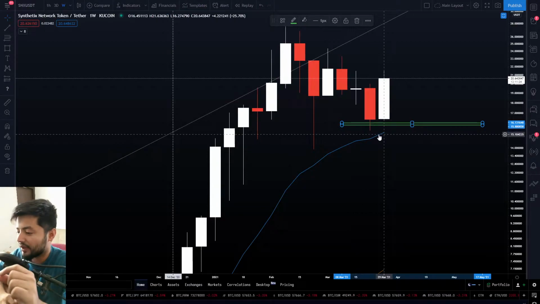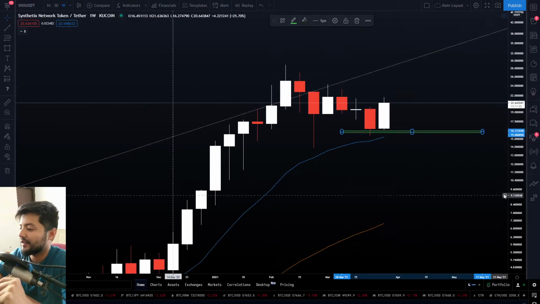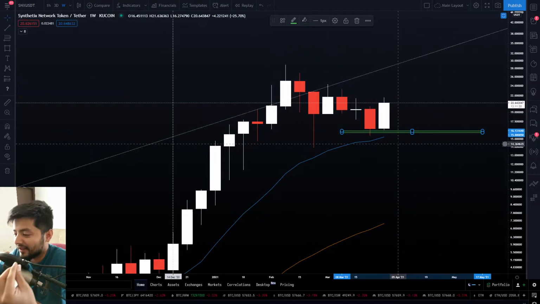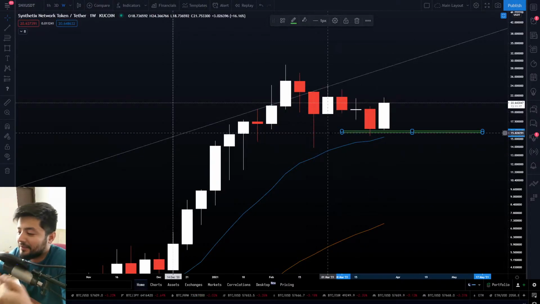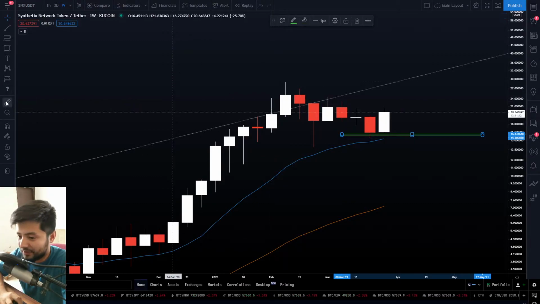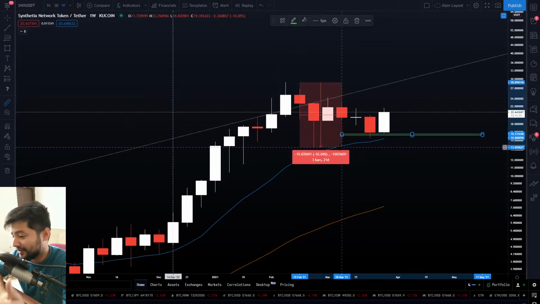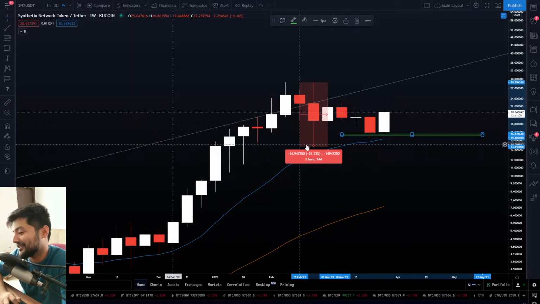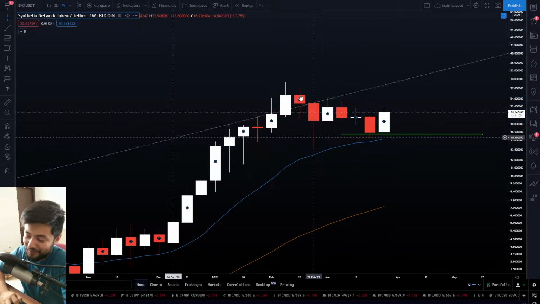And where are you currently? You are at the 21 simple moving average right here, which generally means that you are going to be having a bullish bias in the macro as well, guys. You should not be scared of this price action. Look, if I just zoom in, you can argue that you entered the market with your entire savings right here. You're probably done, man, if you did that.